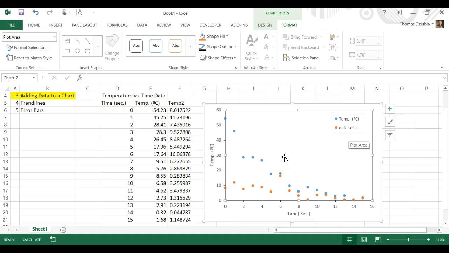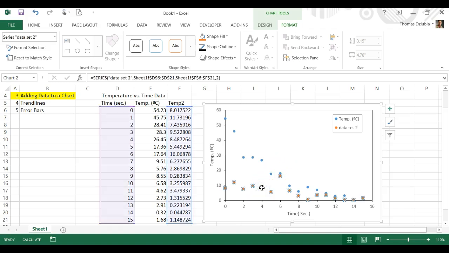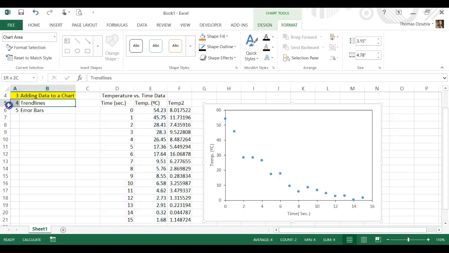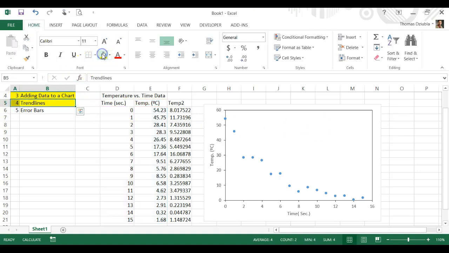Now, plotting of data, and I'm going to go ahead and just delete this data set, hit the delete key, because I just don't care about it at this point. That was just to demonstrate how you can add data if you need to. So the next thing I want to talk about is adding trend lines. Trend lines are the curve fitting that's built into charting, and this is probably one of the most useful, if not rudimentary,